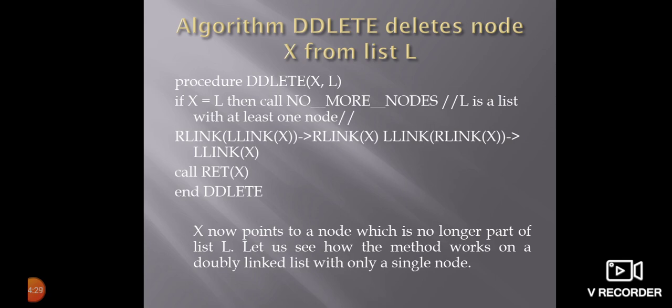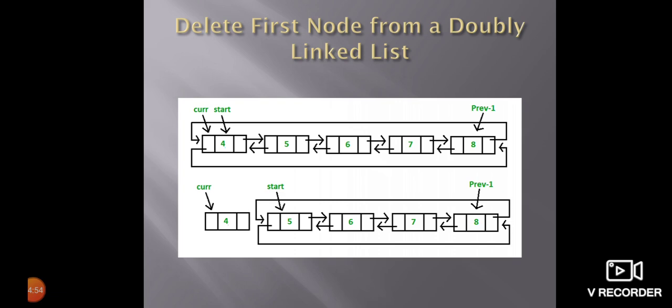If the swapping is done properly, first you're going to take the right link of the current node and paste it into the right link of the previous node, and you're taking the left link of the current node and pasting it into the left link of the next node. If this happens properly, the delete process will happen as per the requirement. And this is the diagram here. In this diagram, you'll have